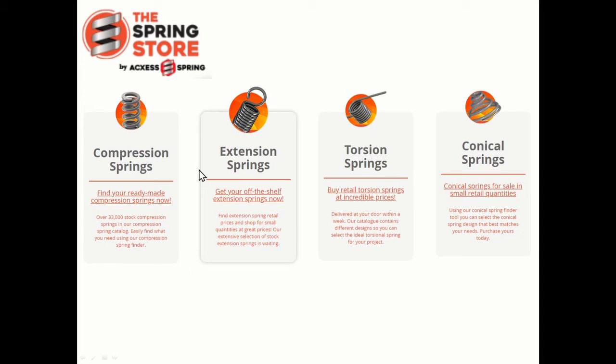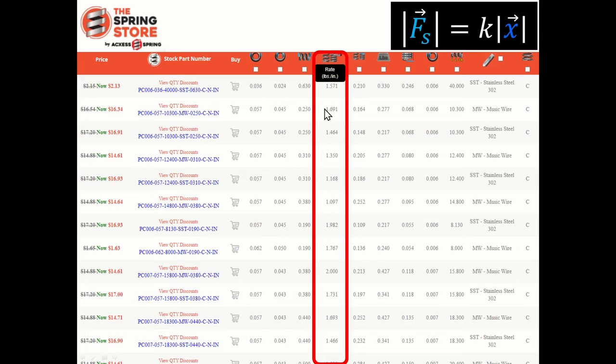And conical springs are just compression springs typically that are allowed to, the coils don't get in the way of each other, and they can compress a good distance there and get into a very short, small space. When you buy the springs here, you can buy the spring at a certain length, diameter, material, but this column here is the rate. And so, for example, this spring here has a rate of 2 pounds per inch, and